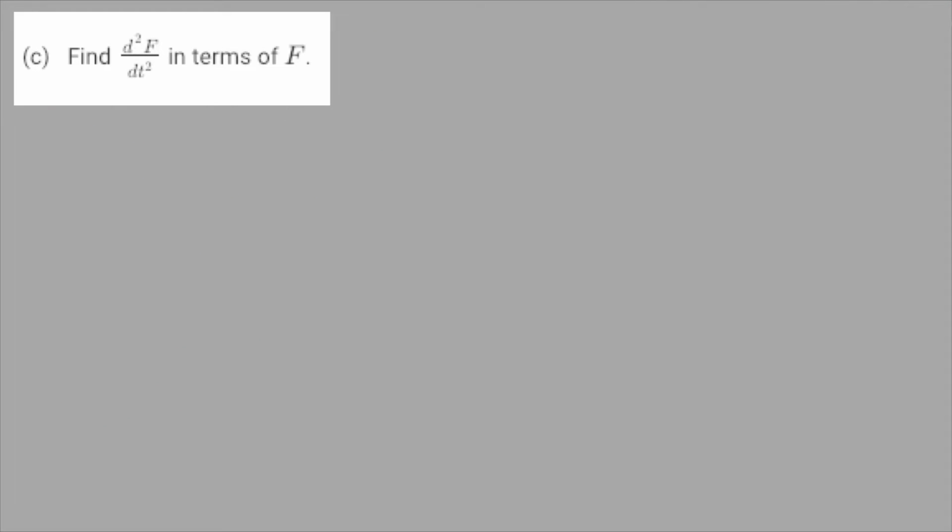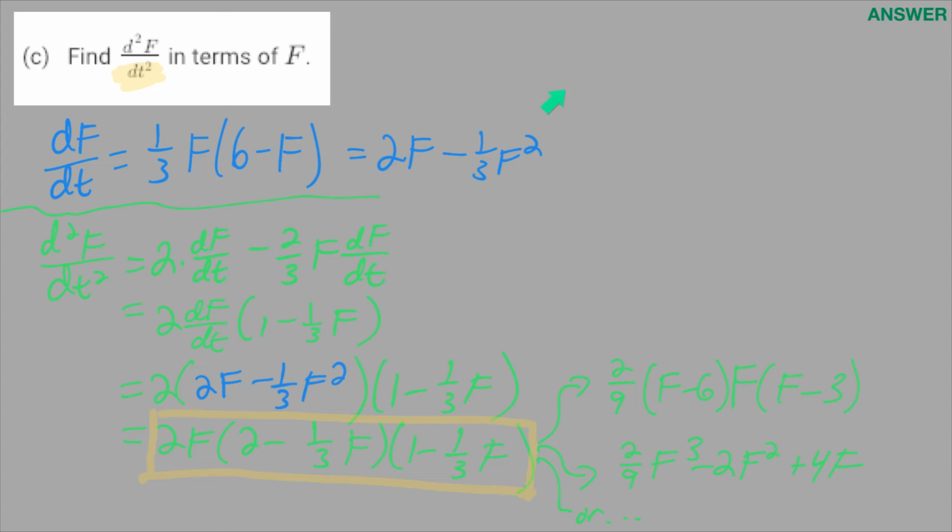Part C asks you to find the second derivative in terms of f. And the biggest issue with this question was not recognizing that we had implicit differentiation. If you want the second derivative for the amount of fertilizer with respect to time, after you take the derivative of f, you need to include a df/dt. Instead of using the product rule, I distributed the 1/3 f and produced a polynomial, and then I can just do term by term derivatives. So the derivative of 2f is 2 times 1 times df/dt, and the derivative of this term is